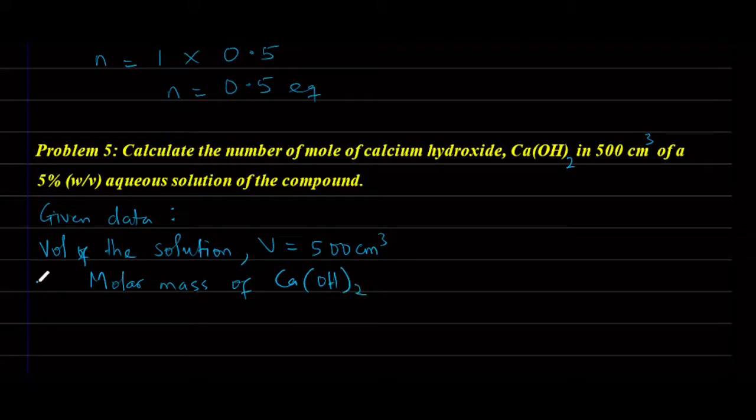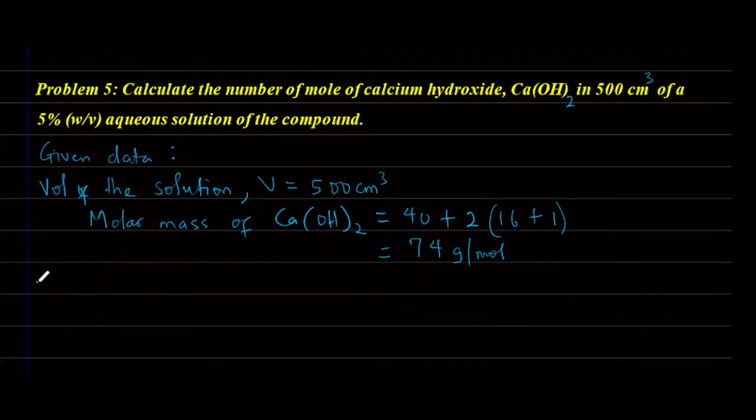The molar mass of CaOH2 is going to be: calcium is 40, that's the atomic mass of calcium, plus 2. The 2 is for both oxygen and hydrogen, and oxygen is 16 plus hydrogen is 1. So we are going to have it as 74 gram per mole. So after obtaining the molar mass of calcium hydroxide, the next thing is to solve for the